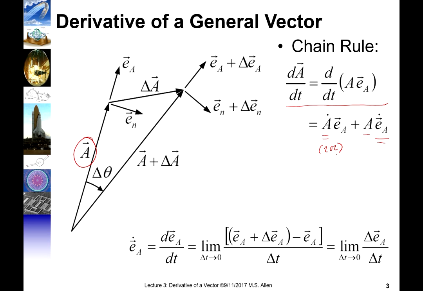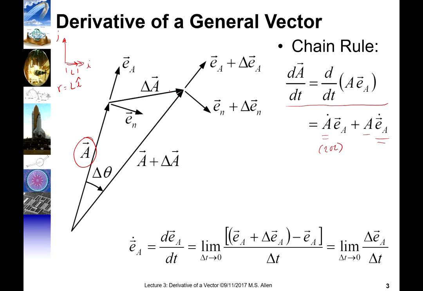So if we go to the picture, if we have a vector A, EA is a unit vector that points along the vector. So, in a simple case where we have i and j unit vectors, and we had something of length L here, a position vector there would just be L in the i direction, right? So anyway, in the same sense, EA is just an arbitrary unit vector that points along the axis of the vector. And if we look at what happens when this vector moves, similar to what we did last time with rotations and things,